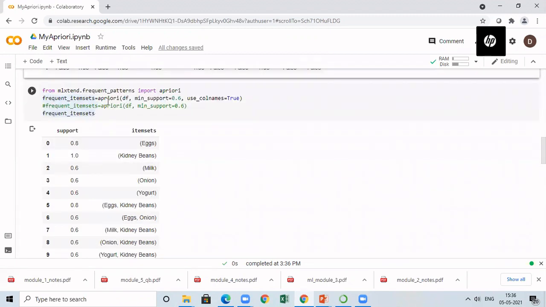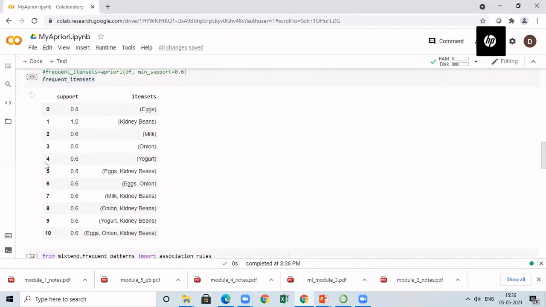So I am calling apriori by passing 3 arguments. One is the data frame, second is the minimum support, third one is I'm going to display the column names instead of the index. For that I'm setting this as true. It will be converting and the algorithm will run. Then finally you will get the answer, which is nothing but frequent item sets in your database according to the minimum support 60%. So you display that. If I display frequent_itemsets, I am getting these things.